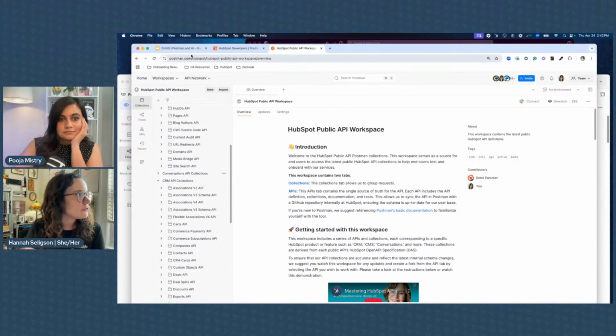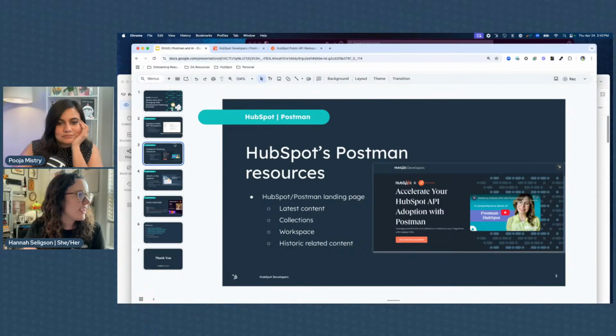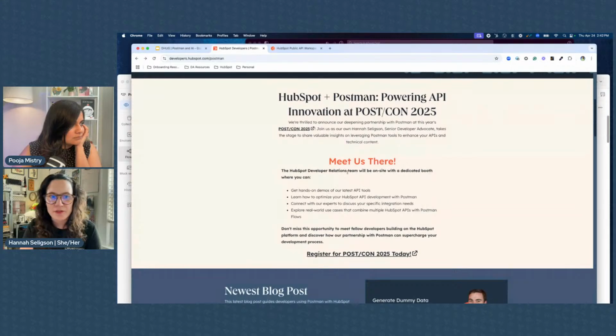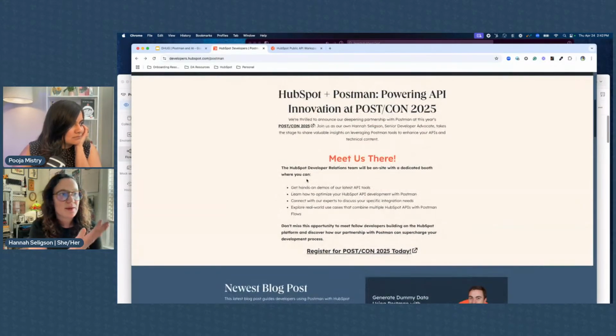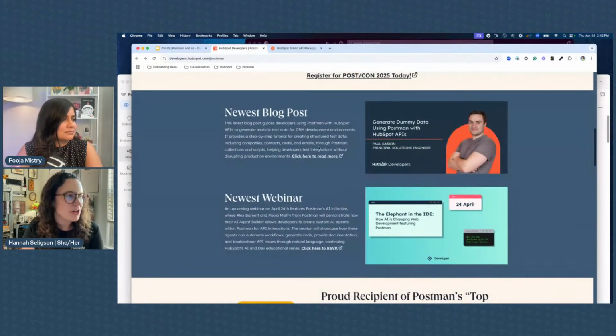It's been very beneficial for them. On top of that, we have a bunch of different resources. We have a landing page where we fill you in on Postman related updates. So for example, we're going to be at Postcon. We're excited about that. And we post any upcoming content related to Postman.